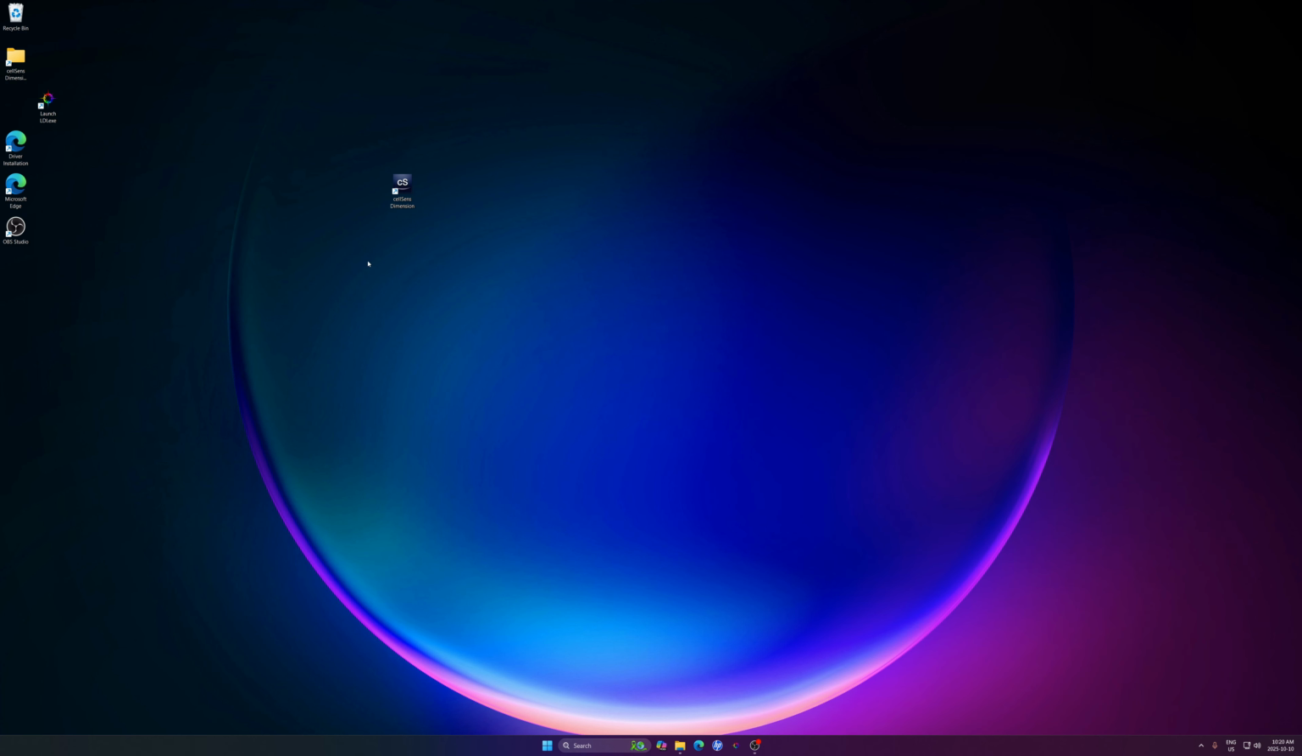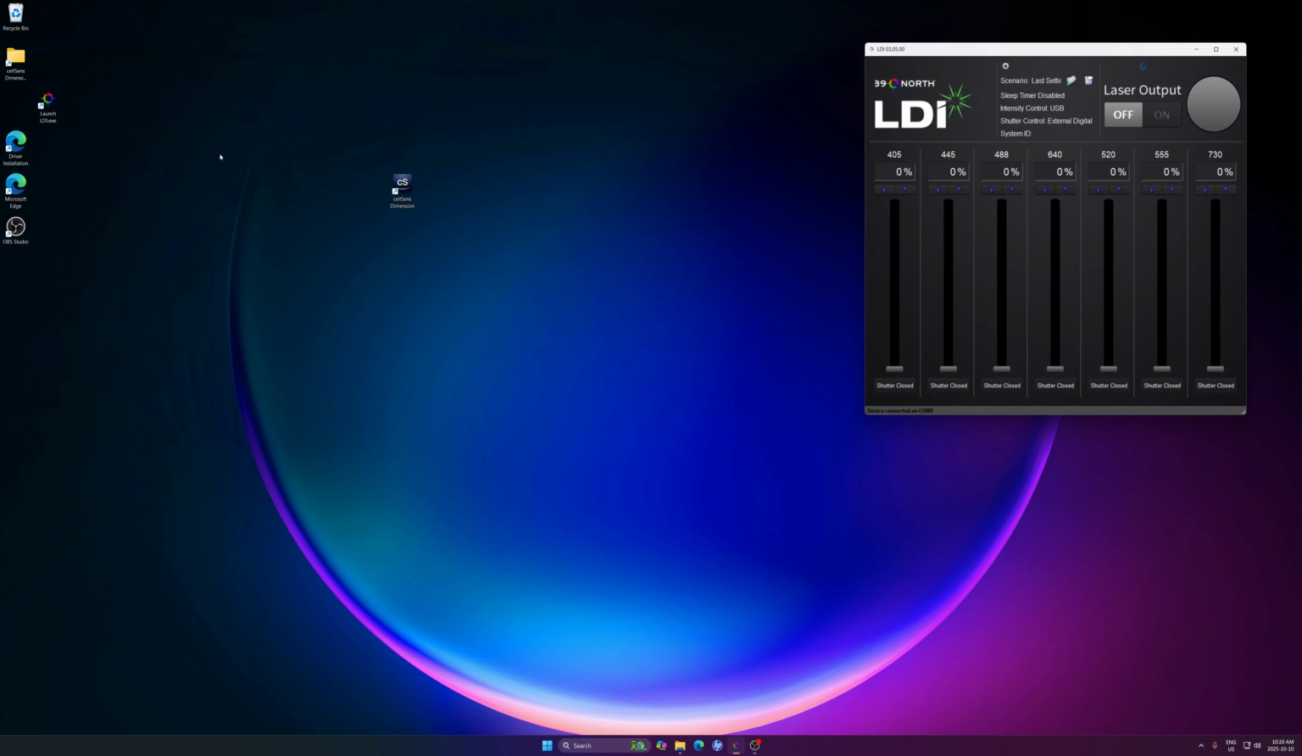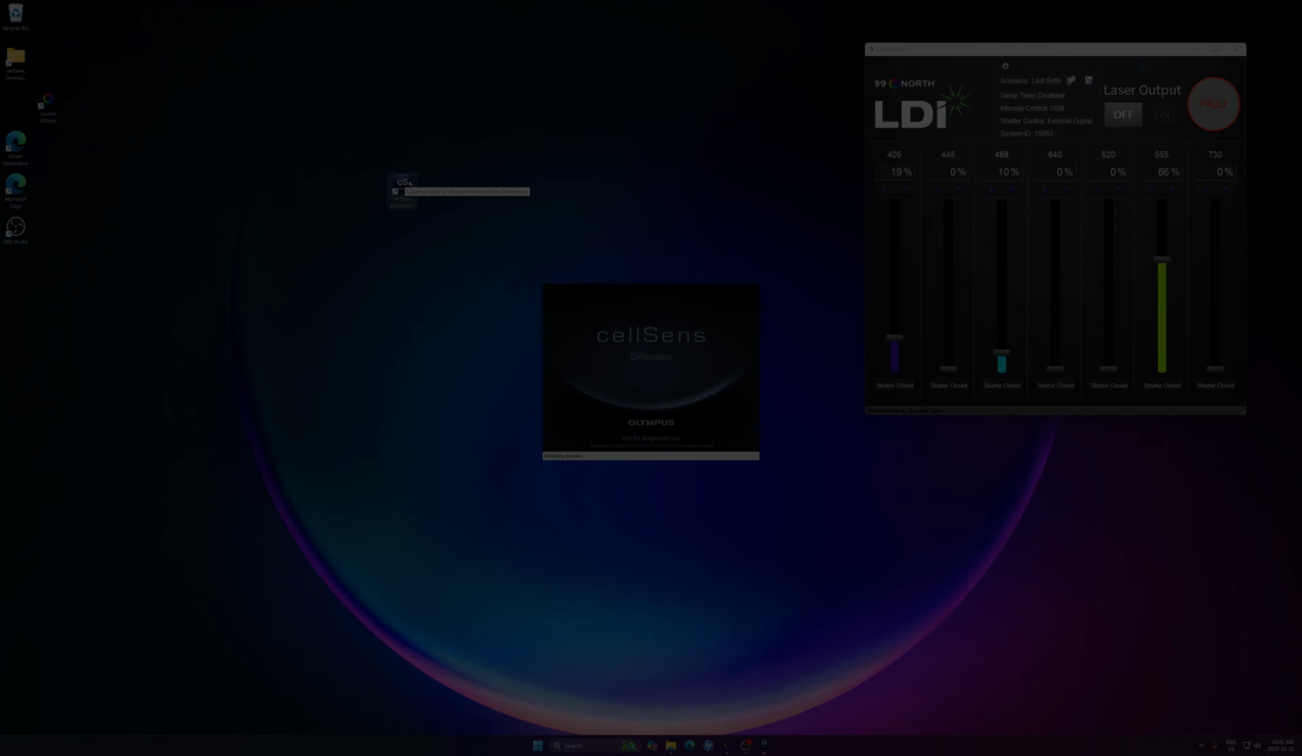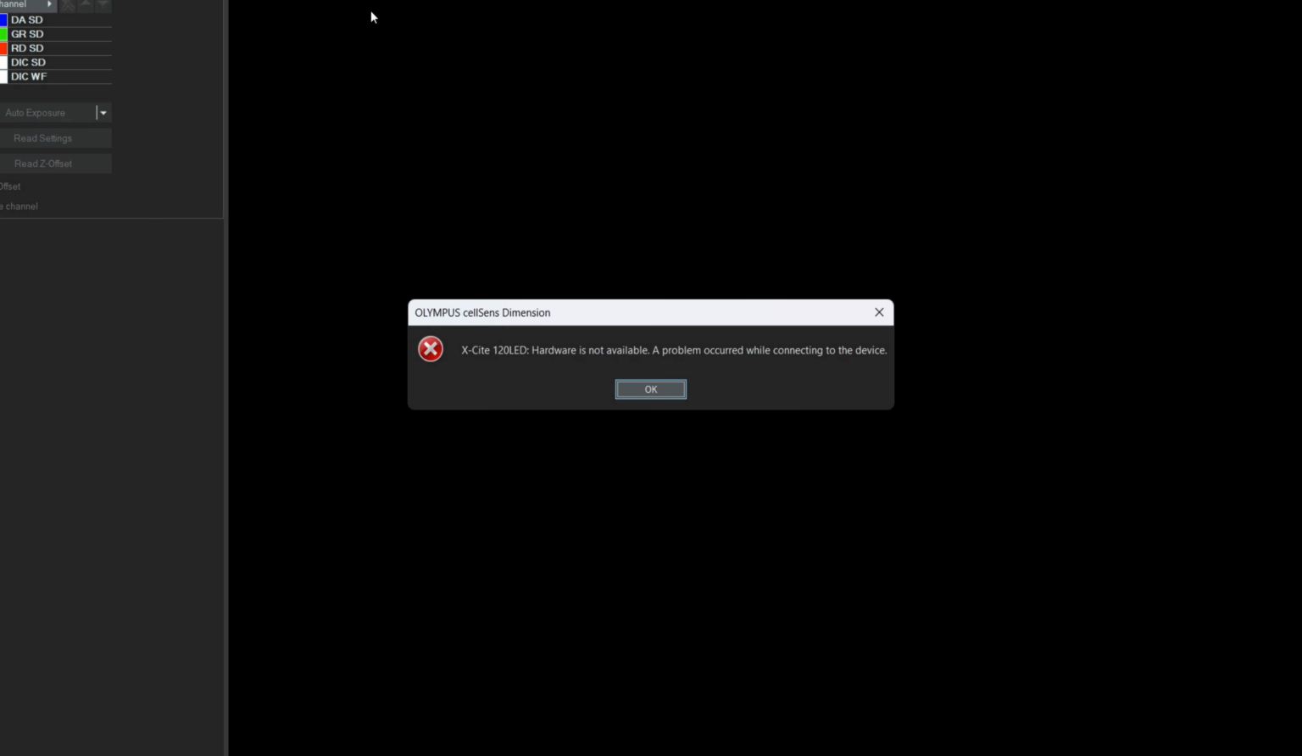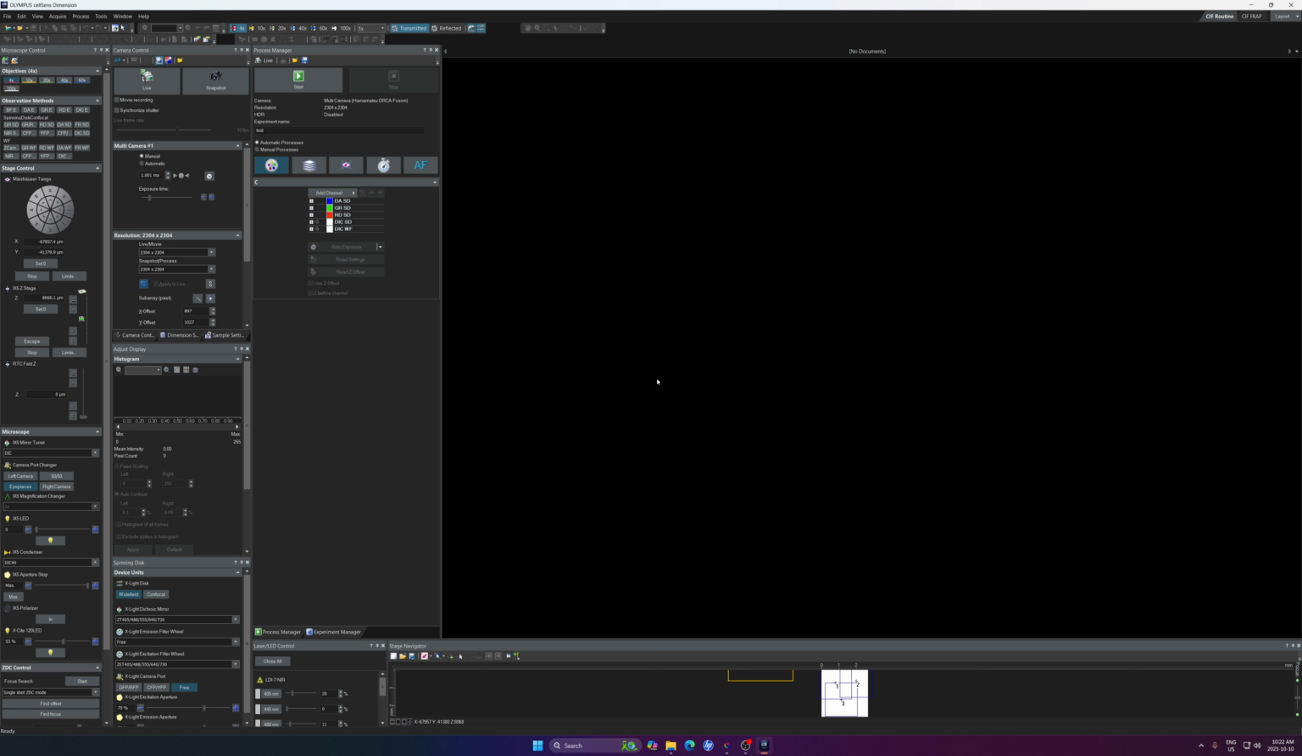So after you turn on the system, the first thing is to start this LDI laser controller, and then start cellSense. Okay, after the software starts, this error message will always be on, and just click it away. So when you start the software, the very first thing is to locate your sample and choose the objective you